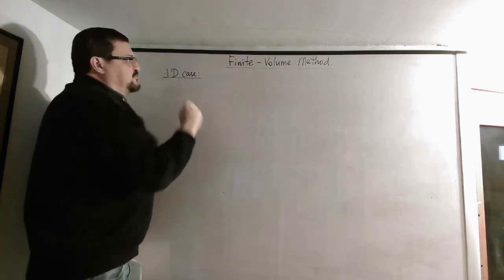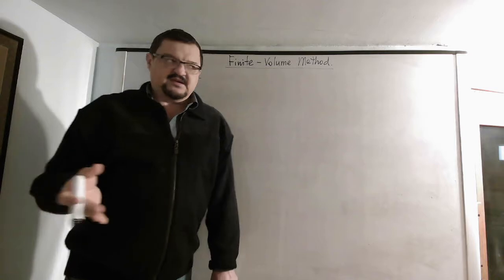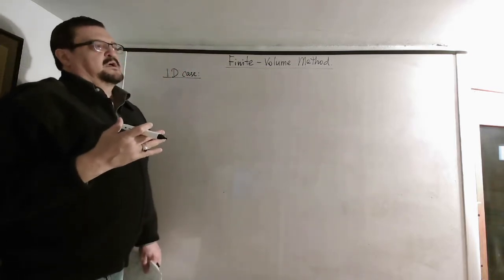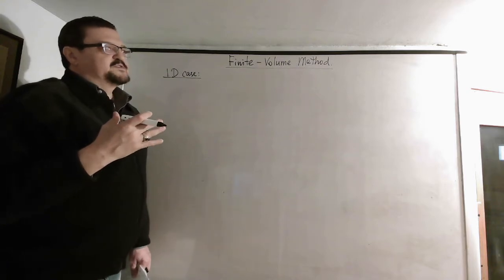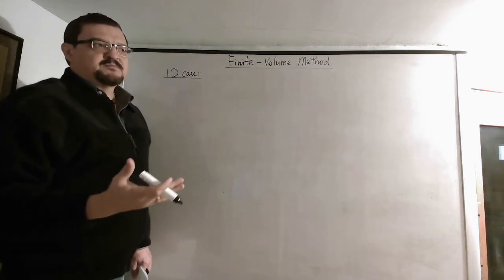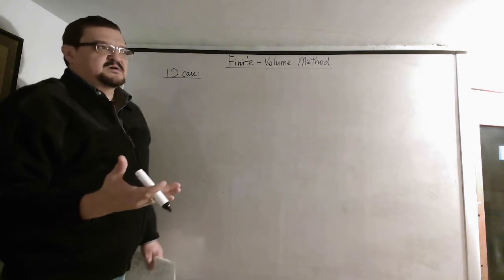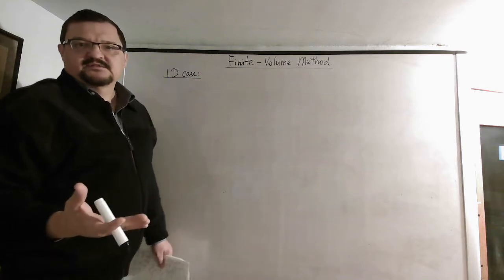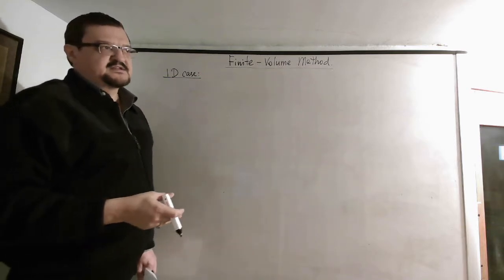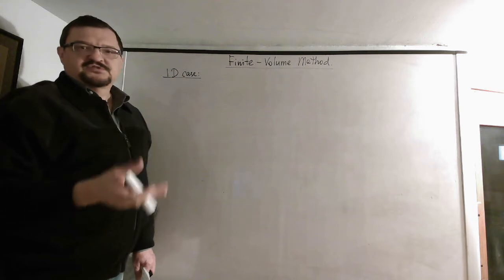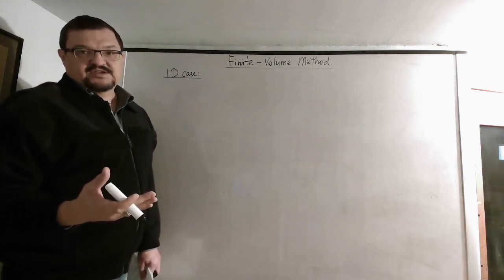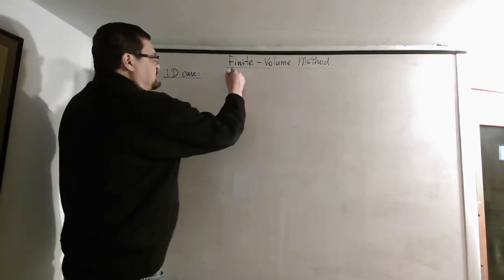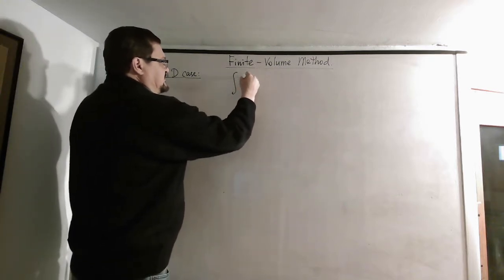For the finite volume method to work, we need to integrate the differential equation. But of course, if an equation is written in advective form, it's very difficult to integrate. Terms like u df dx, how do you integrate it? You need to know both u and f to integrate it analytically. The simplest way to integrate some function is to integrate the derivative of a function, right? So the integral of, say, df